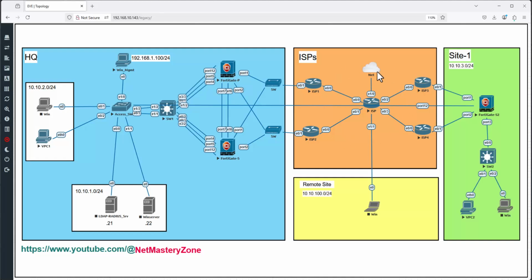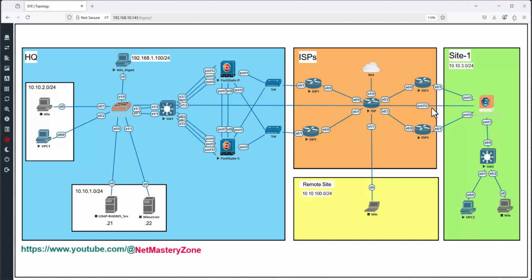Here our ISP is already configured and connected to the live internet, and this PC is able to access the internet. We also applied some filtering, not application filtering but site filtering, and this PC can now safely access the internet. In this video I'm going to configure this Site 1 and then connect this Site 1 to the HQ site using